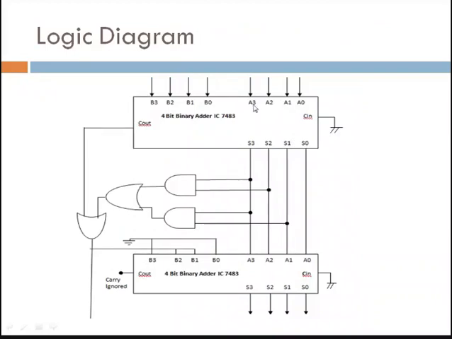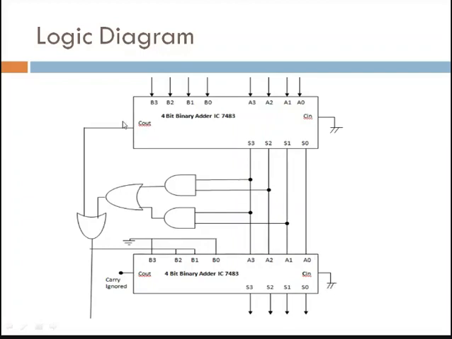Now first I see A input, B input, sum part. This sum part we are assigning as it is to the A input of your second IC, and then we are making some arrangement here for the second input. Now I'll explain what kind of arrangement there is. First we'll see the C input. For the first addition, your C input is connected to ground, so there is no carry input. Here also it is connected to the ground.